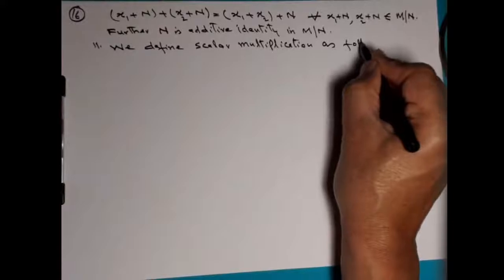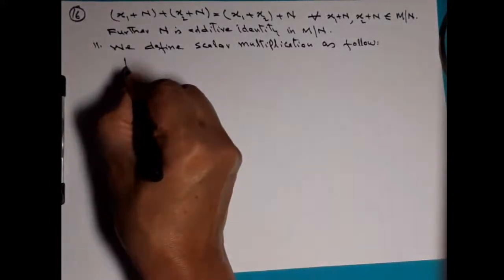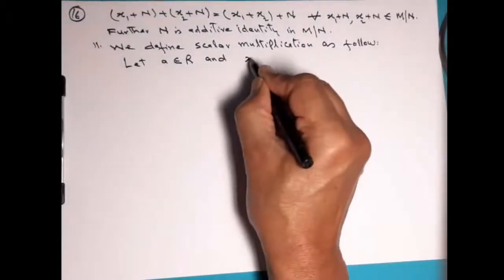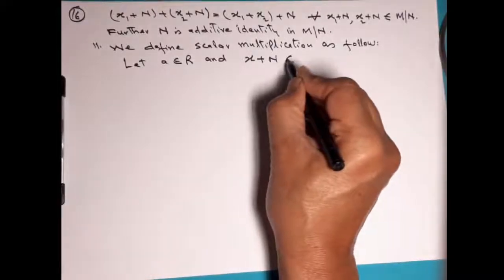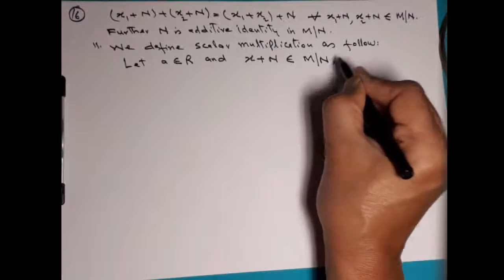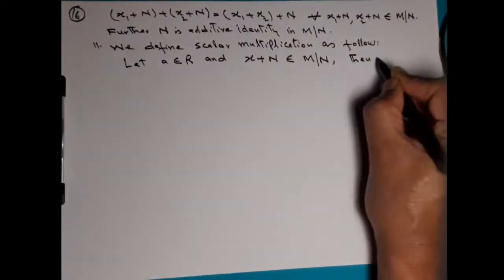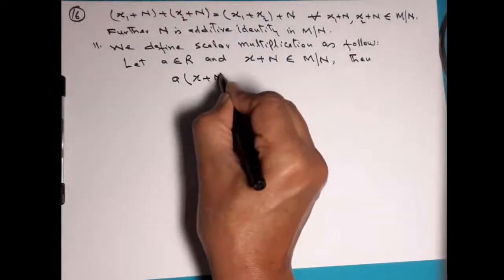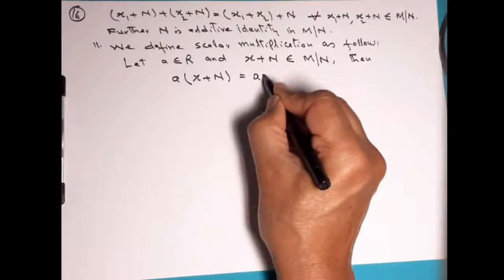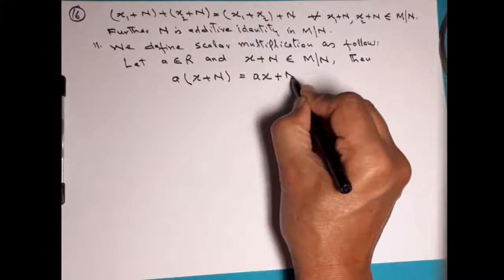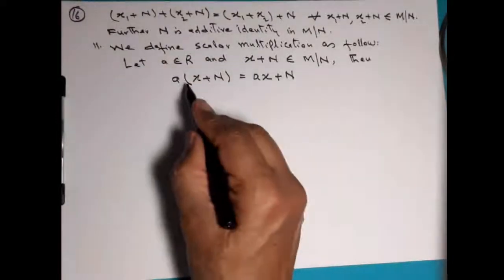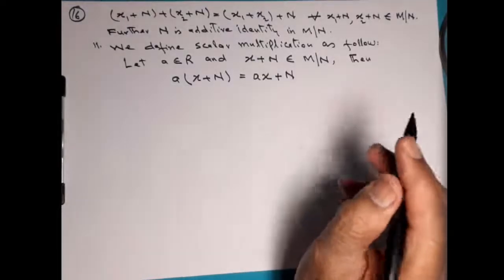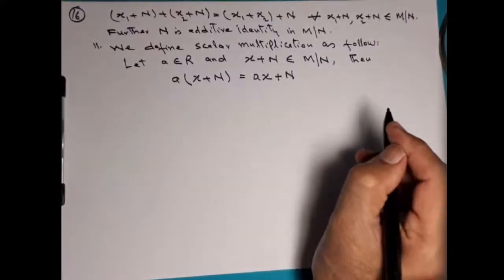Let a be a scalar, a belonging to the ring R, and x plus N be an element of M factor N. Then we define a scalarly multiplied with x plus N as equal to a scalarly multiplied with x and then its left coset with N. So this is the way we define scalar multiplication: a into x plus N is equal to ax plus N. Now we shall prove that this scalar multiplication is well defined, and then we will verify the four conditions of